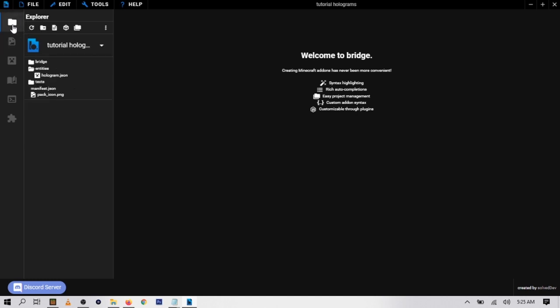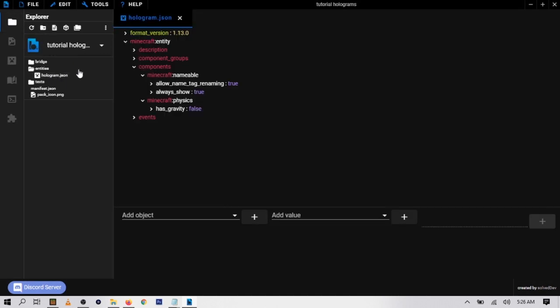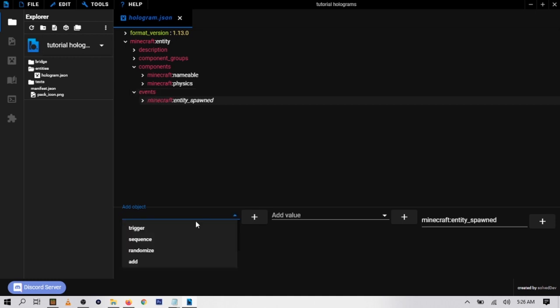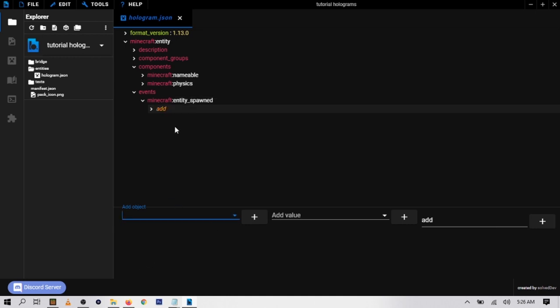So go back to the behavior pack and open up the entity. So what you want to do next is go here where it says event and click here and choose this one where it says entity spawned. And we're going to make it add. Click on add and component groups 0, and we're going to add a component group, and it's going to be